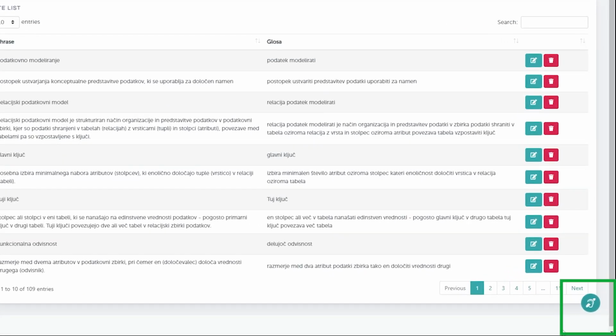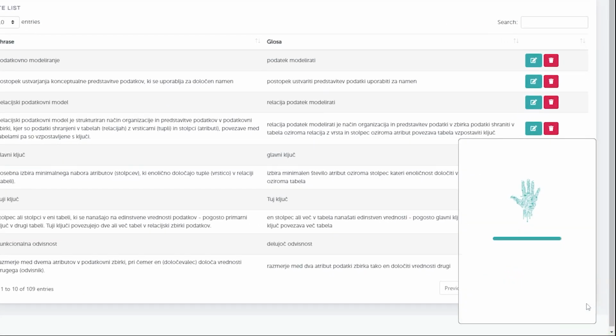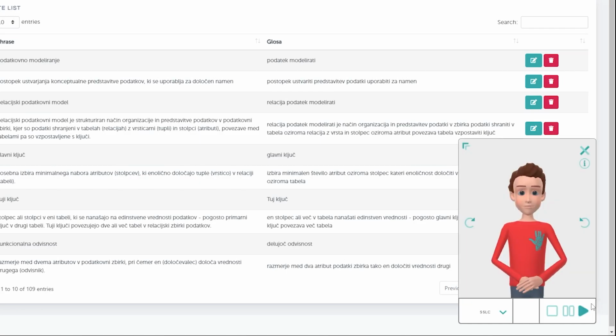You might have also noticed the button with the ear icon in the right bottom corner. If we click on it, we will get the same avatar helper we get in the TechWiz dictionary to help with signing. We can use it by highlighting any text on the web page. Typically, we would want to choose the text in the gloss entry because that text should be in line with the signs we have created in the studio.